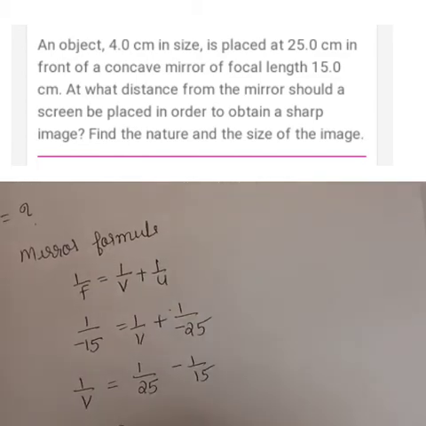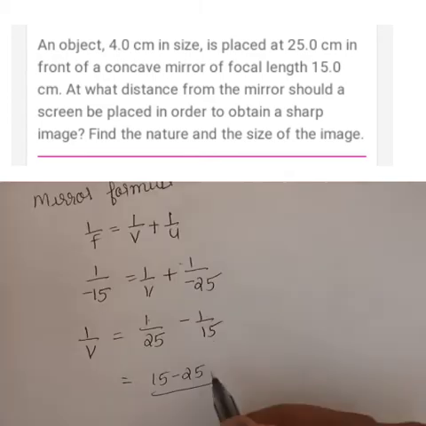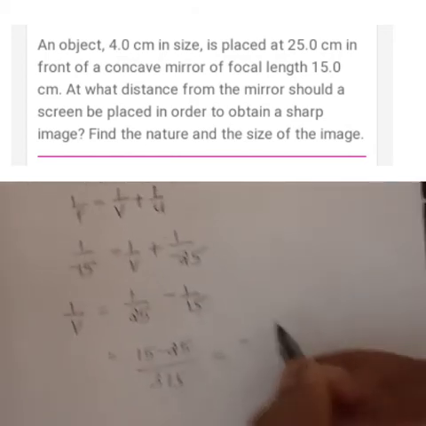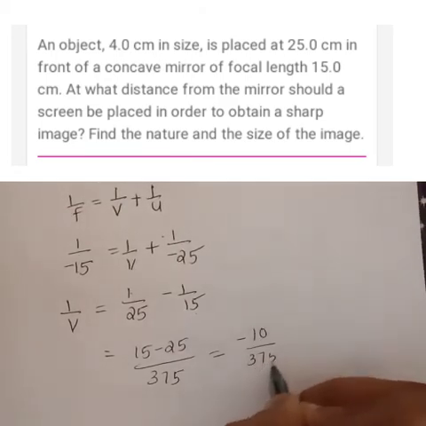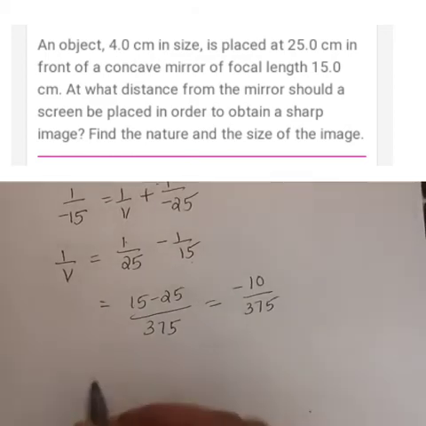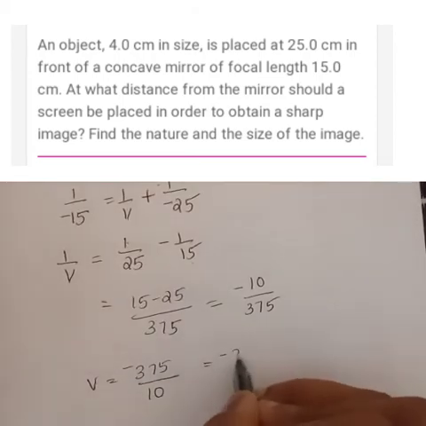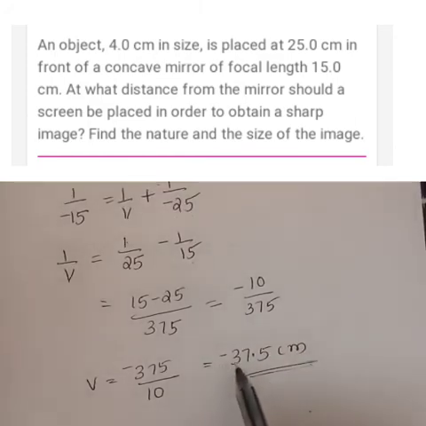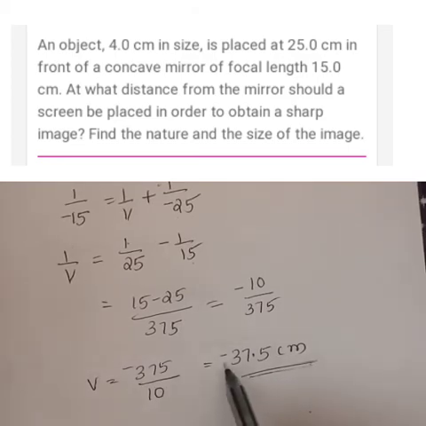Then cross multiplication. 1 into 15 means 15, minus 25, divided by 25 into 15, which is 375. 15 minus 25 means minus 10 divided by 375. So what is v? v is equal to 375 divided by 10, so it is equal to minus 37.5 centimeter. So the answer is v is equal to minus 37.5 centimeters. The negative sign indicates that the image is